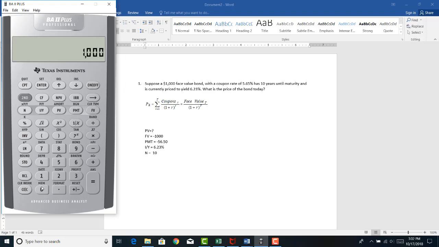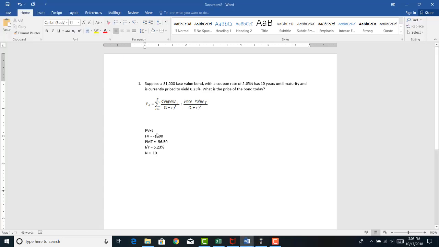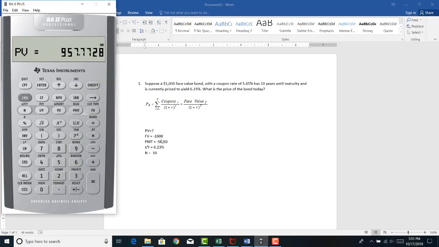Okay, I'm going to have a negative $1,000 face value, negative $56.50 payment. Again, those two things are negative because they're outflows from the firm's perspective. I have I/Y equaling 6.23% and N equaling 10. The objective is to solve for the present value, or the current price of the bond. I compute present value. And consistent with our intuition, we get